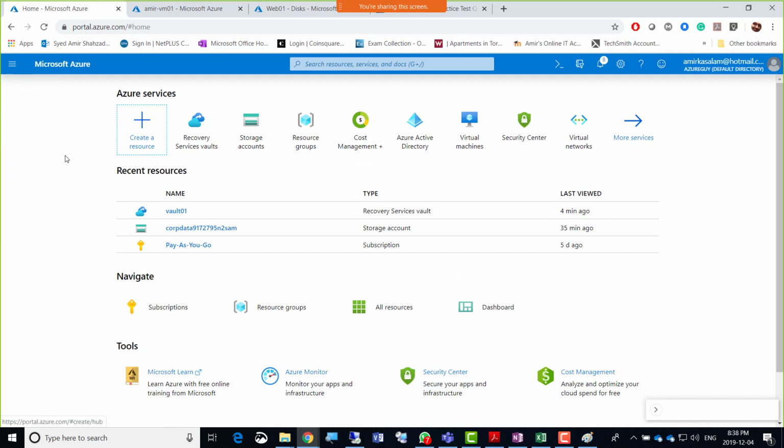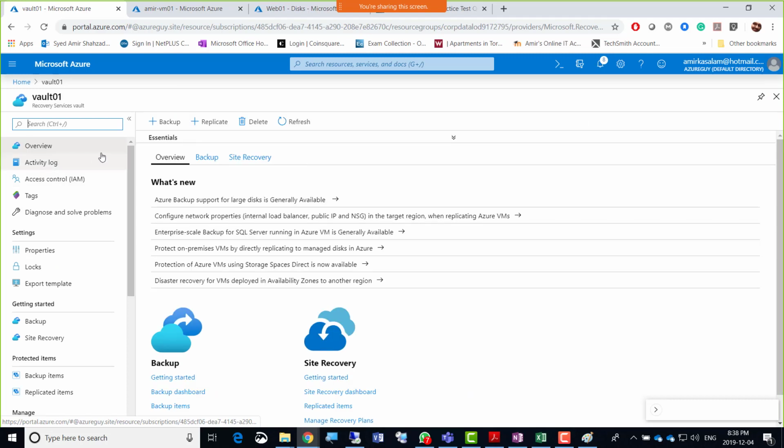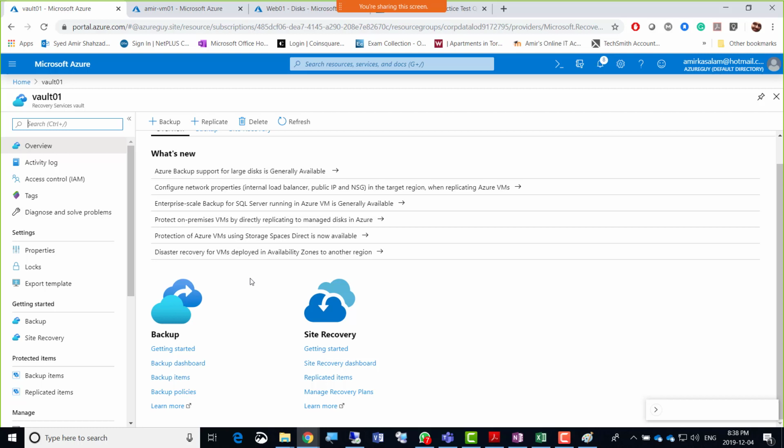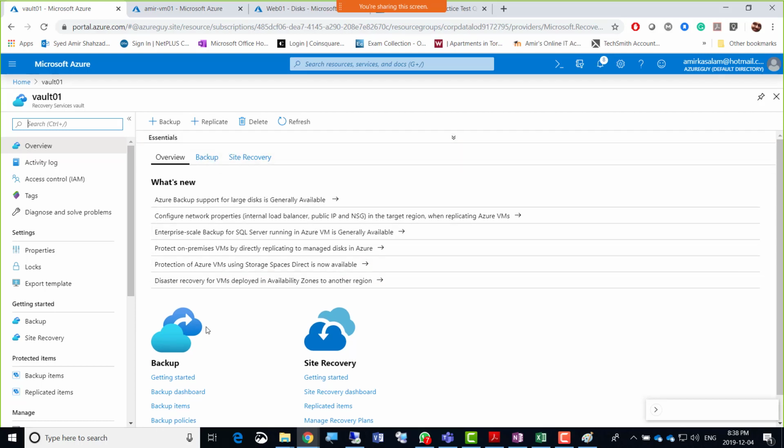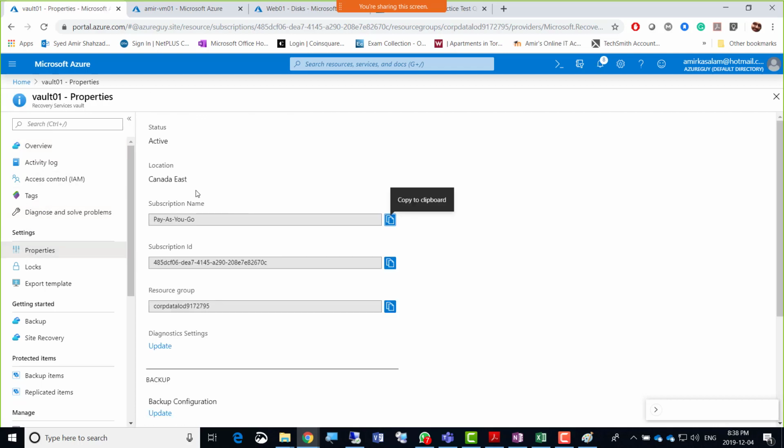Yes, keep the same region for everything, and it still does not show here which region I selected. If I go to the vault again, AWS shows us right away the overview and get started. Anyway, so properties. Canada East, yes. Culprit is caught.